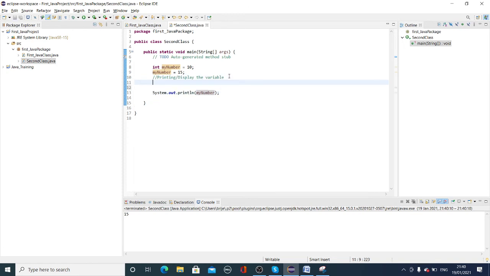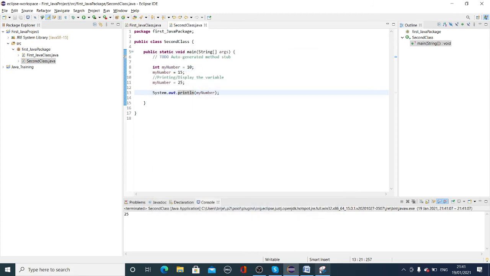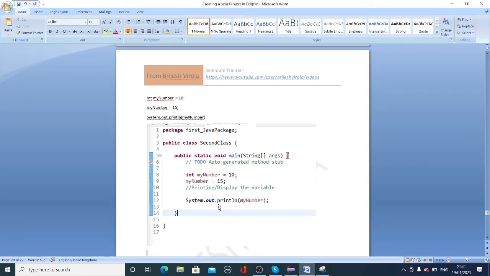If I use myNumber again with 25, then it overwrites both of them. So this is how you can update the variable.